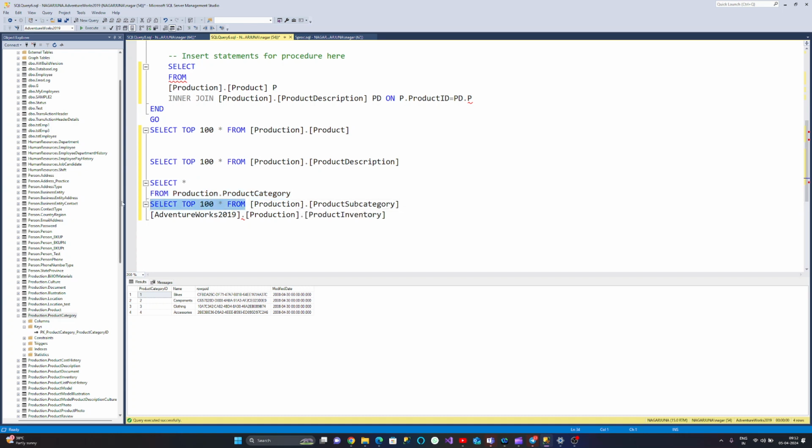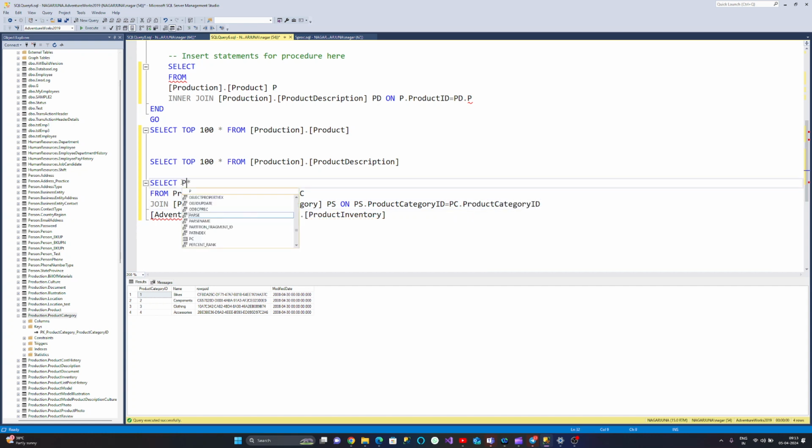Join PC and PSC on PC dot product category ID equal to PS dot category ID. Okay,